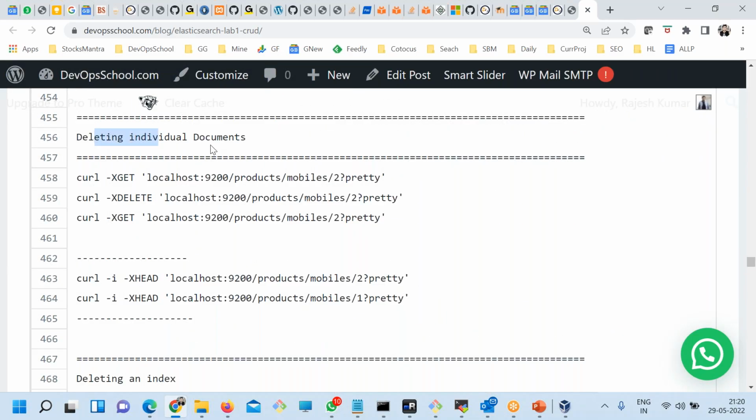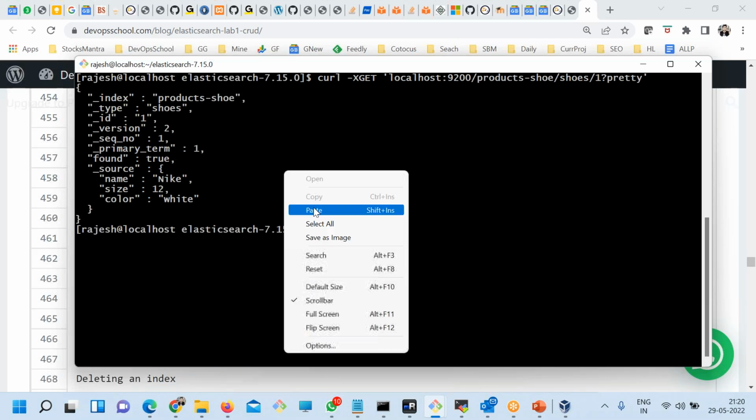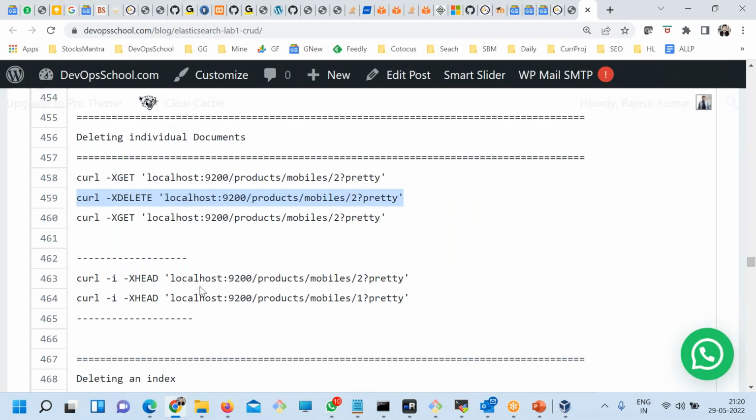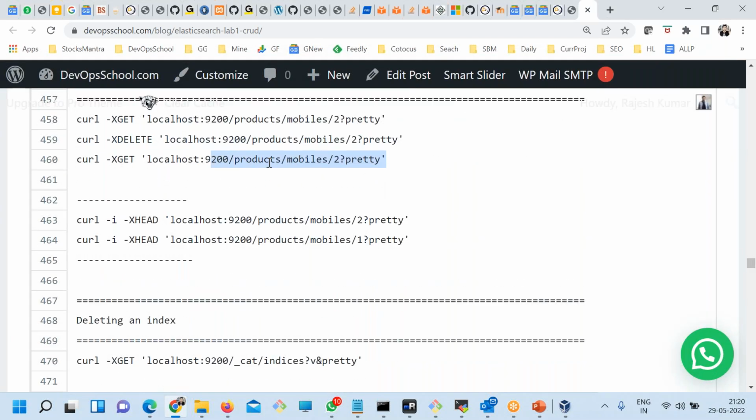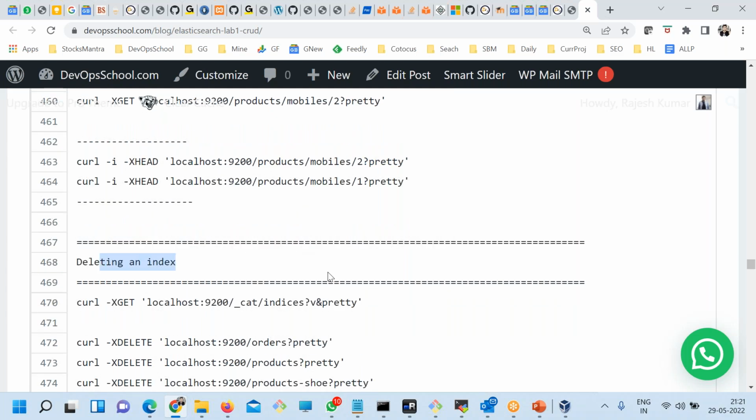Now, how do we delete the documents? So if you want to delete a single individual document, use X delete. And if you want to delete some more, you can delete. If you want to delete one more way, here X head and stuff like that. And if you want to delete the entire index,